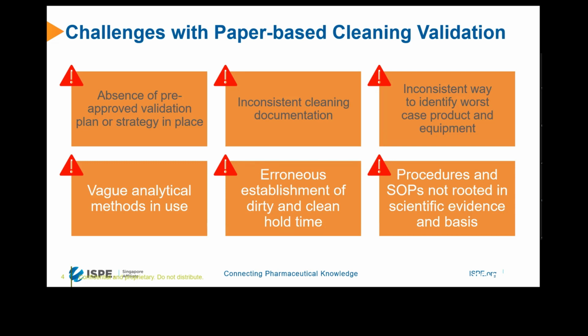So all I'm trying to say is that I'll not read through this, but at the end of the day, with challenges of paper-based cleaning validation, when a human blinks, error happens. And where error happens, that error could result in really hefty money. That could be your warning letter, or that could be a consent decree, whatever it is. So how do you prevent that error? Because once software is done based on your own policy, based on your requirement,